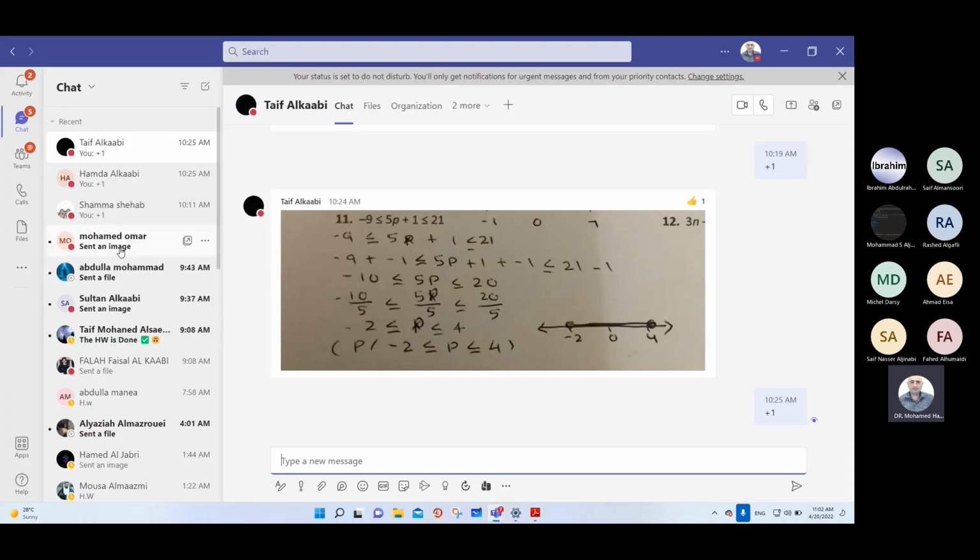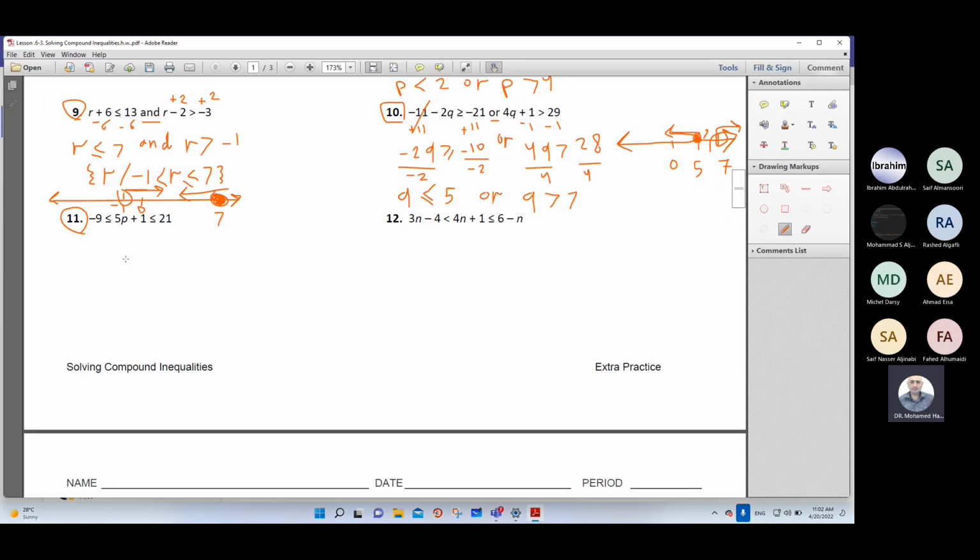No one worked online. Okay, I will solve number 11. As you see here, we have a compound inequality, so we can separate it. So this is here the first part, minus 9 less than or equal